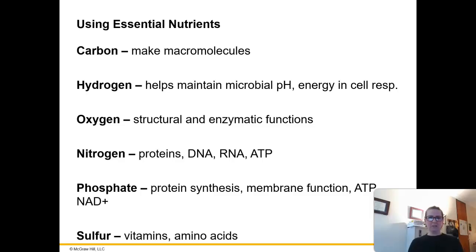Nitrogen. We're thinking about nitrogen. I'm always thinking about amino acids, and amino acids make proteins. We also know that nitrogen is important with the making of DNA, RNA, and ATP. So those are our nucleic acids. All right, phosphate or phosphorus, important to protein synthesis. Membrane function, so when we're talking about those lipopolysaccharides,